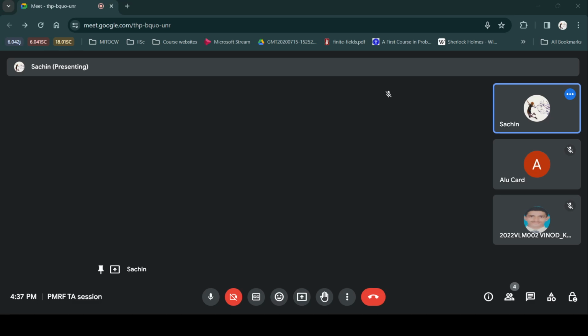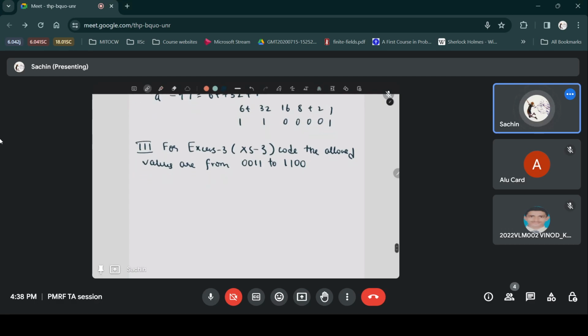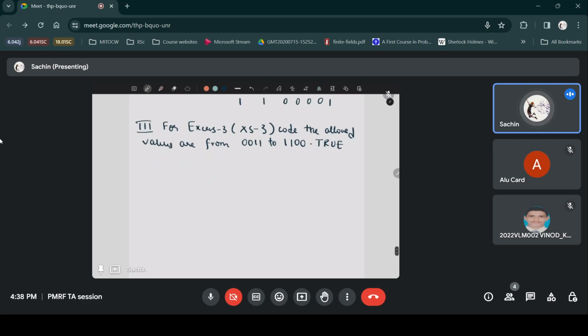Third statement, for XS3, denoted as XS3, the allowed values are from 0011 to 1100. So this is also a true statement, because in XS3 code,